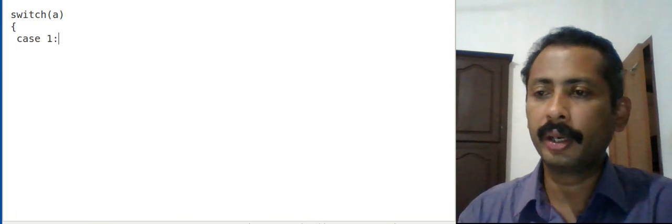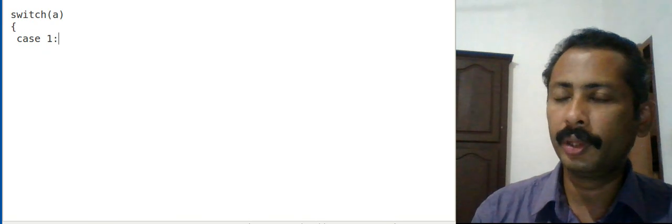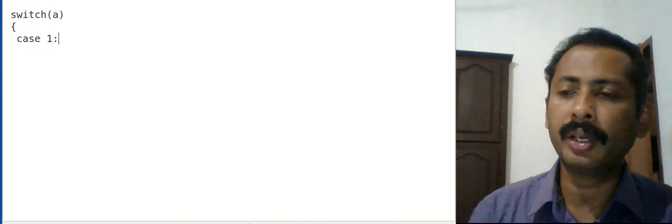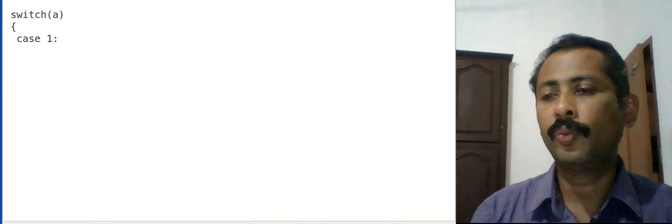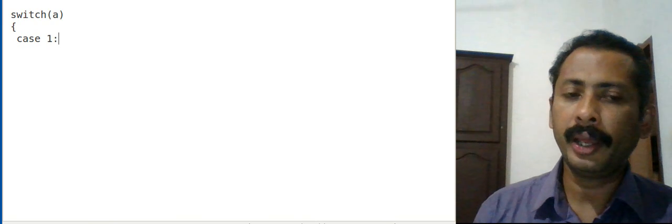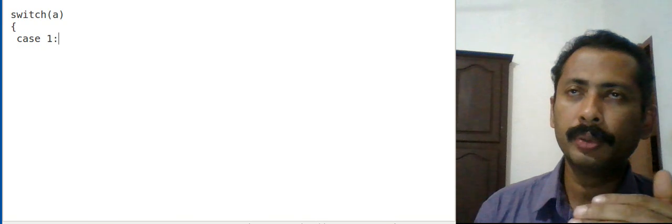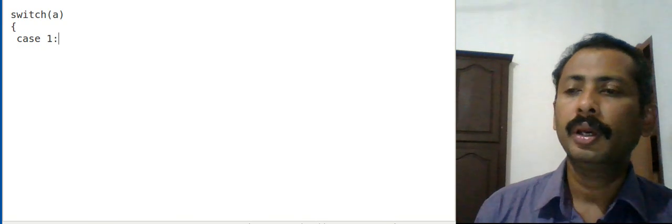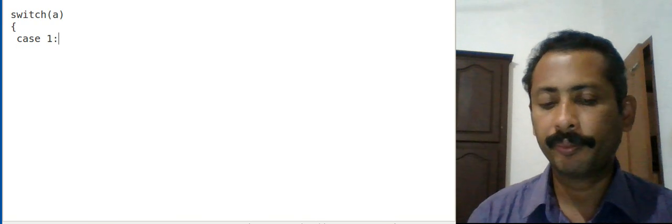Case 1 means if the value of a is 1, then the statements given in case 1 are executed. It is just like a label, and it executes from top to bottom, and it executes until it sees a break statement.